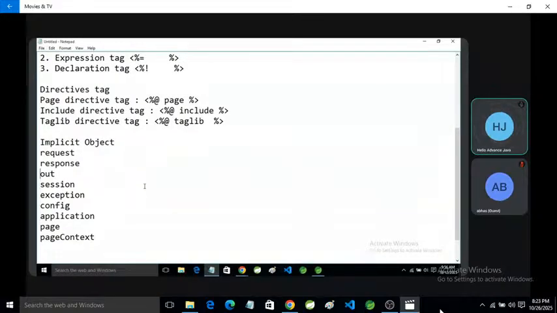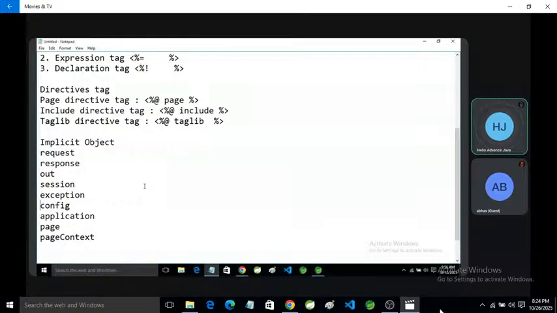Okay, so request is the object of HTTP request, and response is the object of HTTP response. Out is an object of PrintWriter. Session is an object of HTTP session. Exception is the object of exception. Config is the object of servlet config.